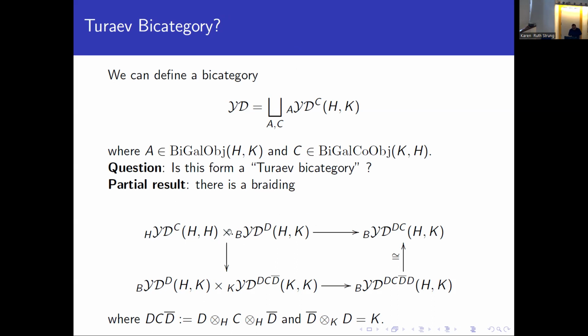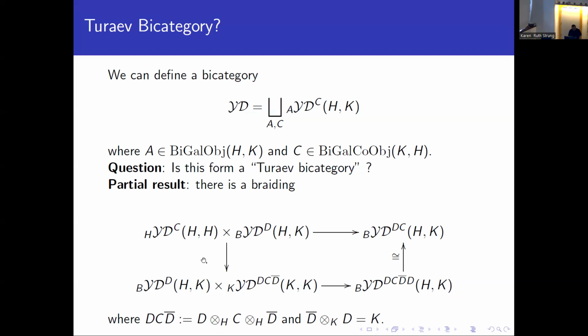But then, we can apply the tensor product of this with the standard general YD module, and the result will live in this category. So this DC is just D tensor C over H. Then we have the braiding, where the braiding sends this tensor product to the bottom one. But you can see here this is fixed. So the right category is fixed, and we only change this left category here.